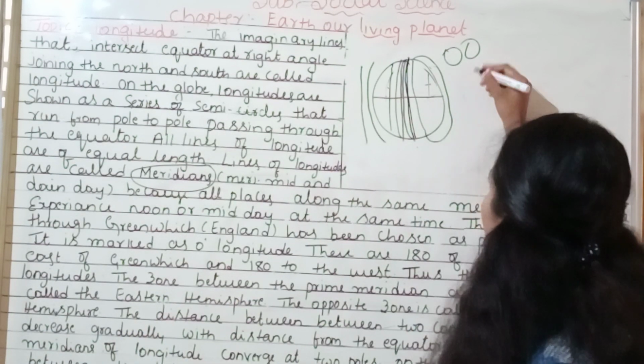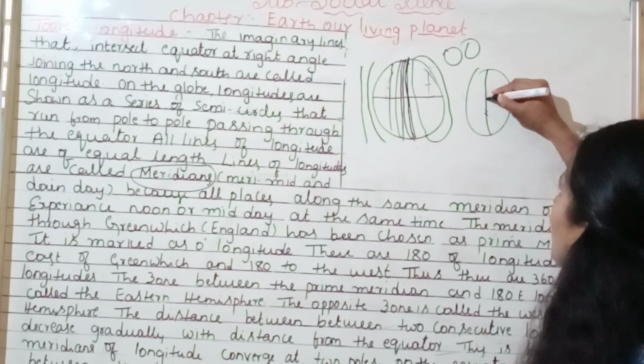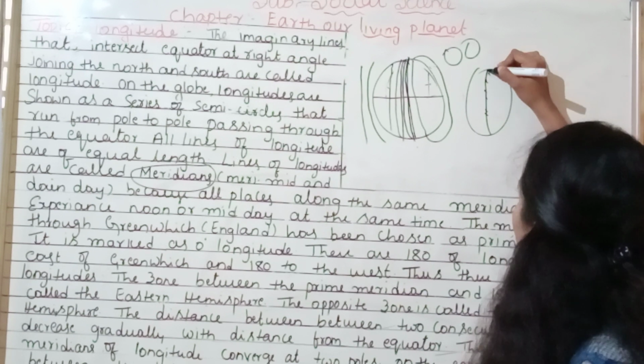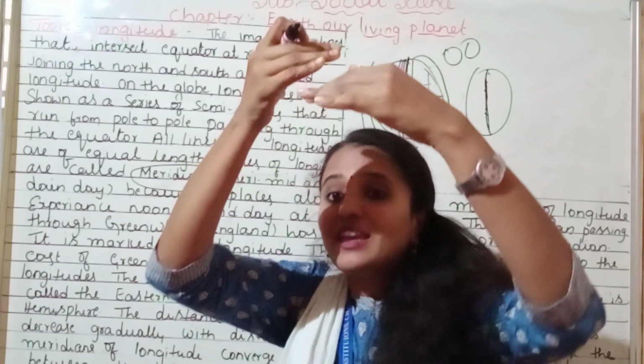So from here to here, whichever lines are there, for example, here India, Pakistan, all the places are there. From here to here, which are the line classes? From one pole to the other pole, what all